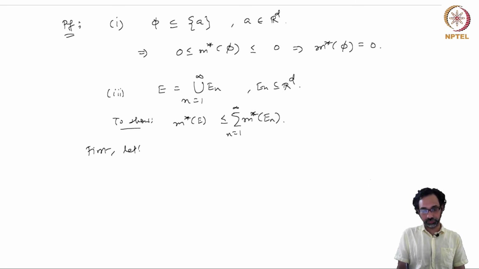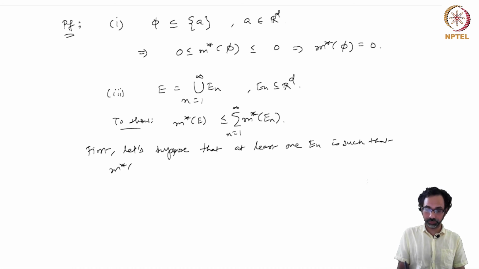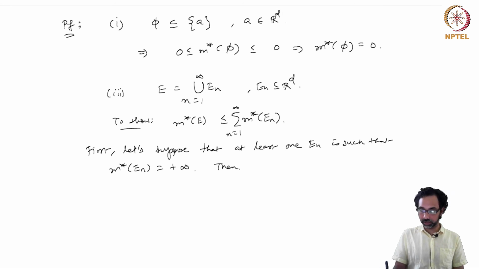First, let's suppose that at least one En is such that the Lebesgue outer measure of En is plus infinity. Then the above inequality holds by our conventions, by our axioms of the extended real numbers. Then m star E is always less than or equal to this sum from n equal to 1 to infinity m star En, because the right hand side is going to be plus infinity, and